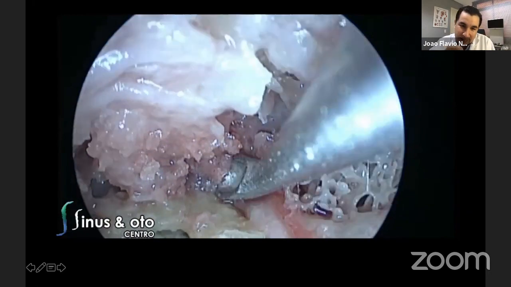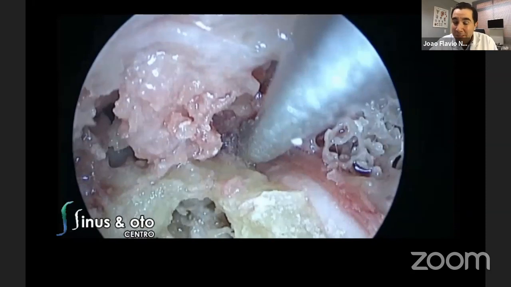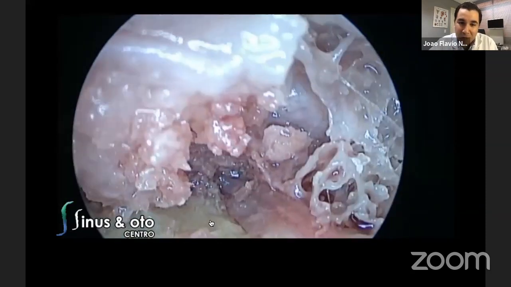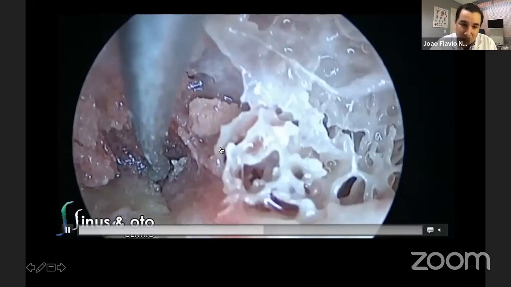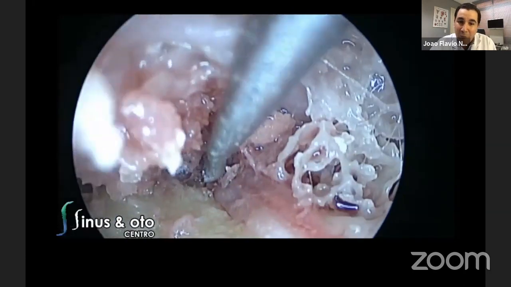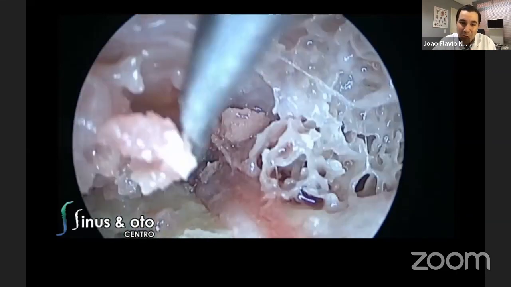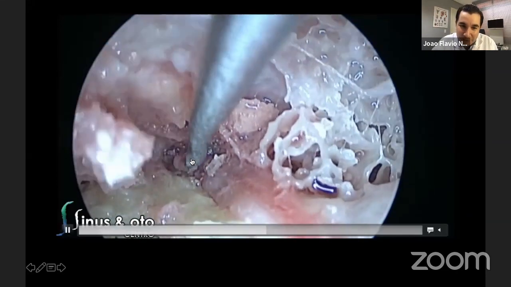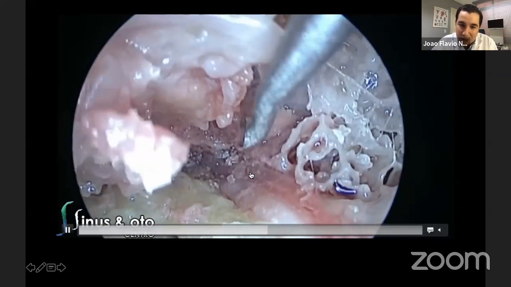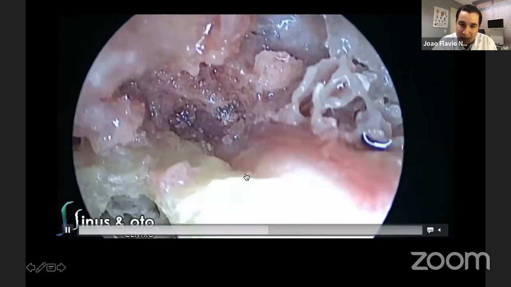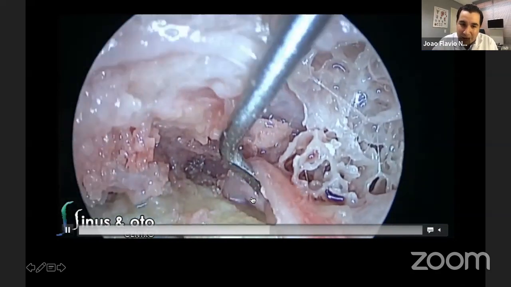And then you can see, with the curette and a little bit more bone, the region of the greater petrosal superficial nerve, the GPS. As we can see, we can already see here a little bit of it. And then we can follow the greater petrosal superficial nerve all the way. And it's nice because it follows the same pathway as the canal of the tensor tympani muscle. So can you see here the nerve going in this direction? And then you can follow all the way the greater petrosal superficial nerve, geniculate ganglion region, facial nerve, labyrinthine segment of the facial nerve going this way, tympanic segment going this way,